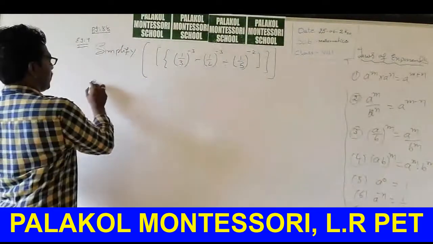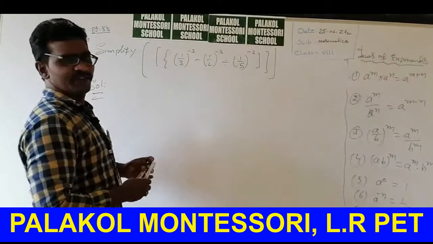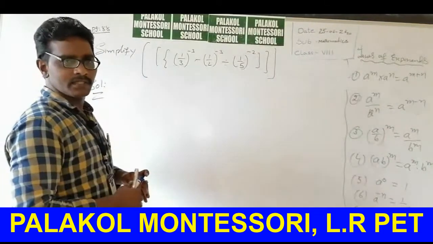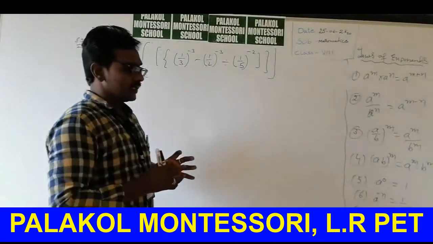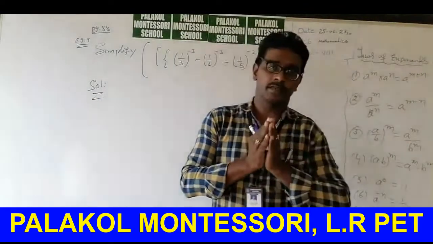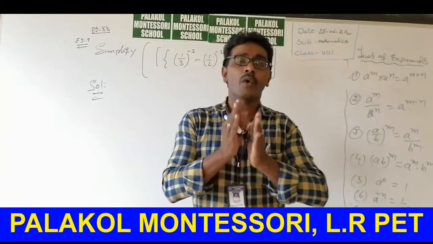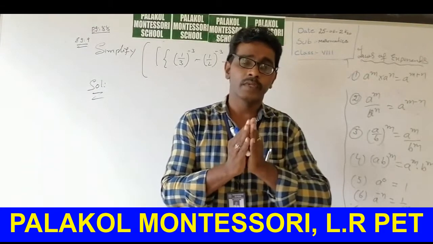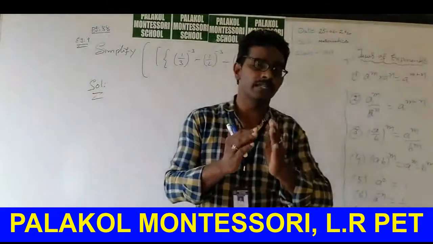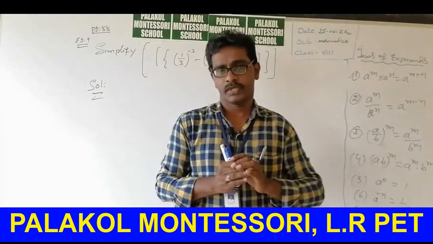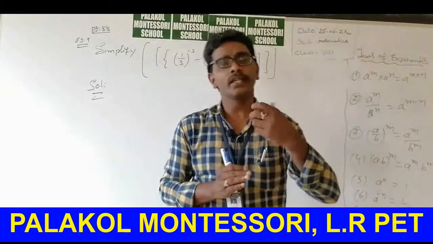Okay guys, now I do the solution. It's a very complicated sum. You think so? No, it is a very easy sum. First, calculate those bracket terms. Bracket terms should be simplified first. How do you simplify the first bracket term? Which formula is suitable to easily simplify that one? First you guess it. Keep all those formulas in mind to get it easily.